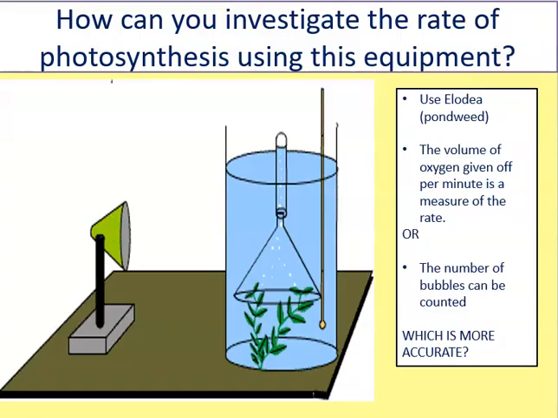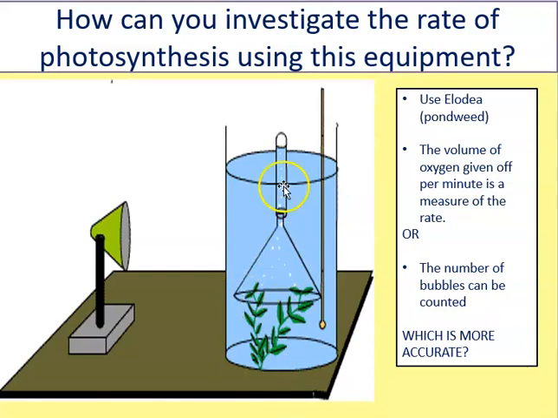Okay, fantastic. Right. This is another required practical that you need to know for B1. So this is investigating the rate of photosynthesis using the equipment that is shown there. So this equipment here, we've got a lamp, we've got a thermometer, a beaker, a funnel upside down, a boiling tube, and some pondweed. So what you can do is you can measure